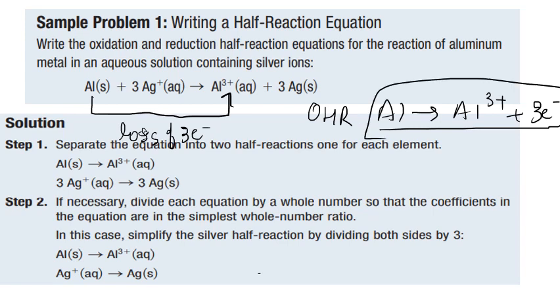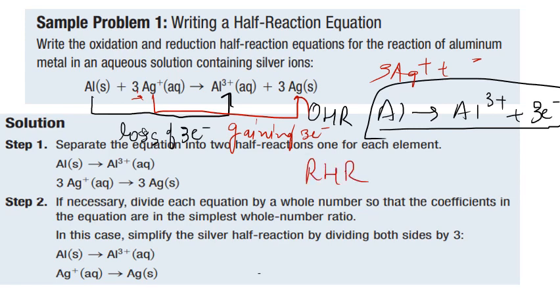And if I concentrate on my next chemical entity, which is silver, right? So Ag plus becoming Ag solid. So this is Ag plus. How can it become Ag? By gaining electron, and it is gaining how many electrons? So 1 Ag plus will be gaining 1 electron, but then I have how many? 3. So it will be gaining 3 electrons, right? So let's write the reduction half reaction now. So reduction half reaction will be, so it would be 3A